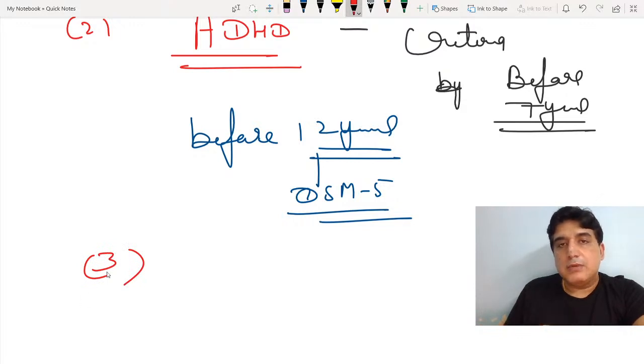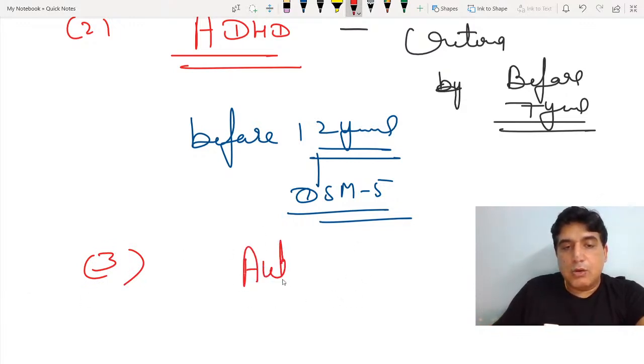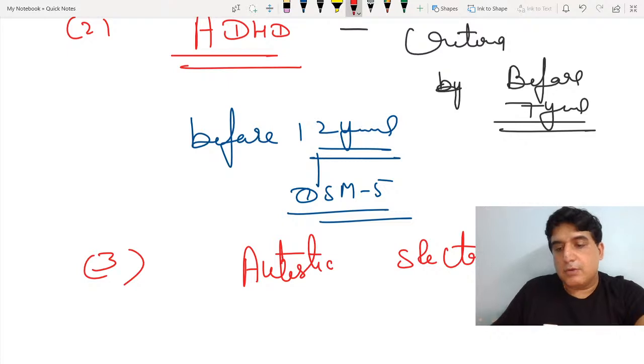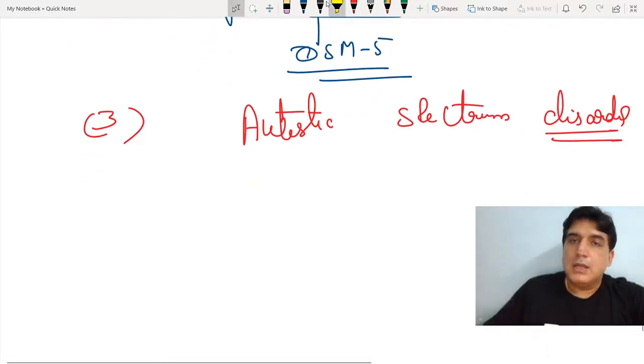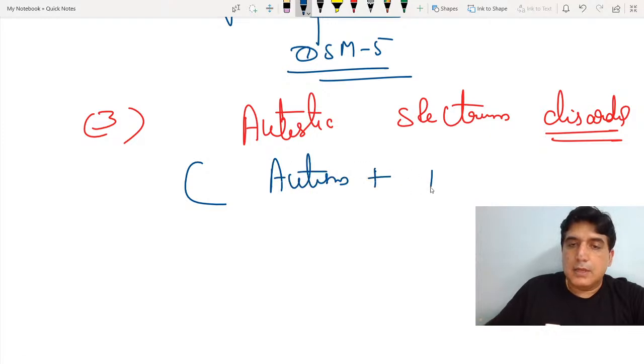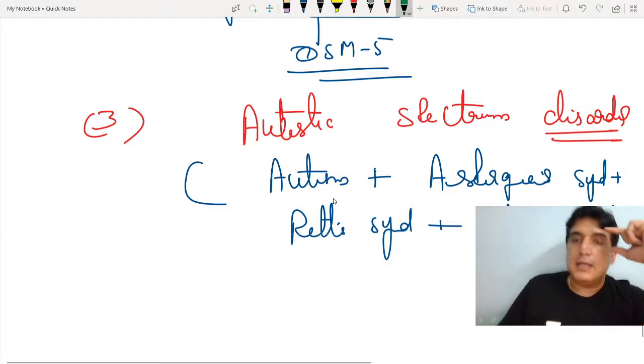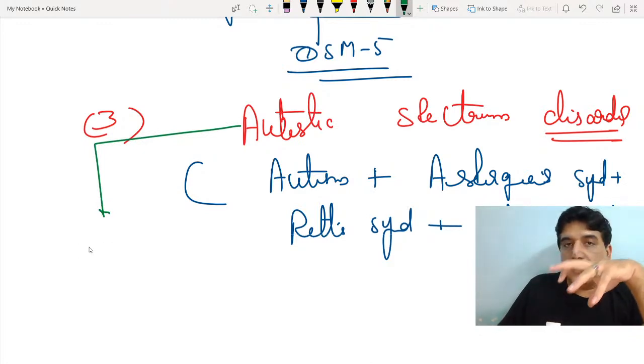Before we were calling it pervasive developmental disorder, in DSM-5 we call it autistic spectrum disorder. So before we were calling it pervasive developmental disorder, now we call it autistic spectrum disorder. So autism, Asperger's syndrome, Rett's syndrome, Heller's syndrome, we club together under autistic spectrum disorder,